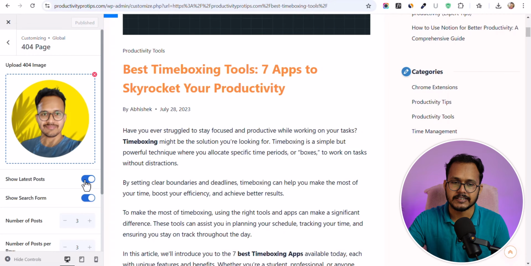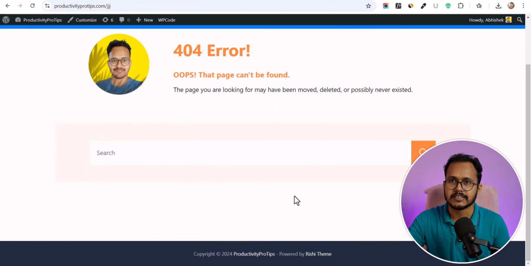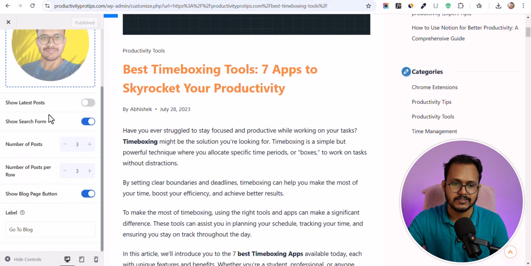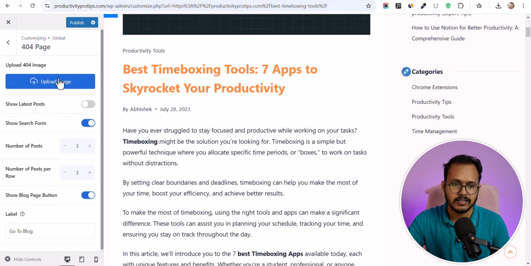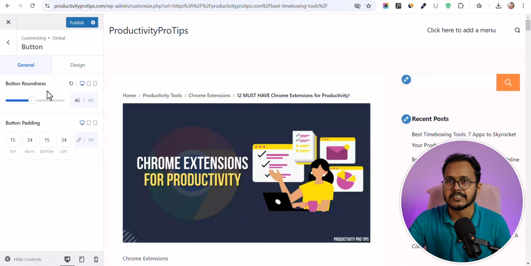If you don't want the latest post in the 404 page, you can simply disable that. Let me refresh it, and all the recent posts are gone from the 404 page. So this is how the customize options work for the 404 page. So let me remove that for now. I don't want that. Let's go to the button option,